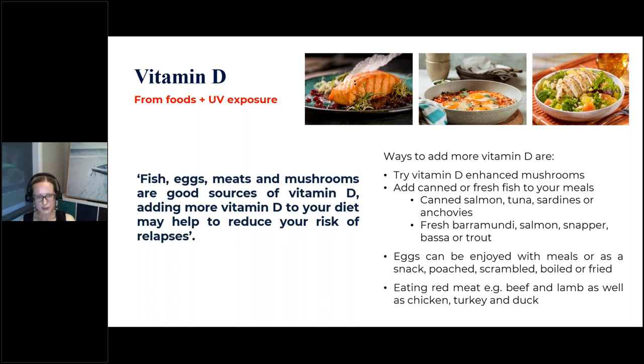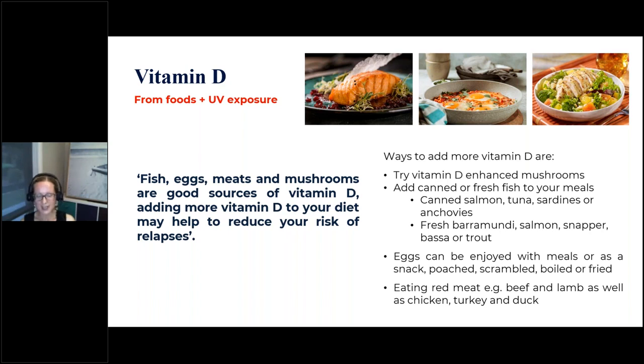Other countries also fortify their food products with vitamin D, so they add it to the product. So you might have heard of various countries having vitamin D in their milk or in their margarines or others. We don't have too much fortification happening in Australia, but we do have some coming through in terms of the margarines here in Australia at the moment. I guess the important thing there is I'm answering the question in relation to supplementation, and we can also get